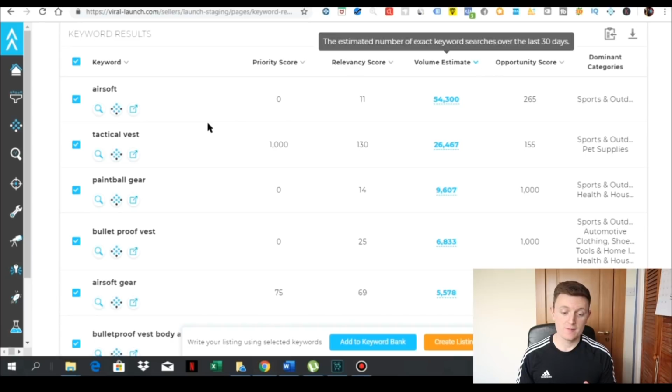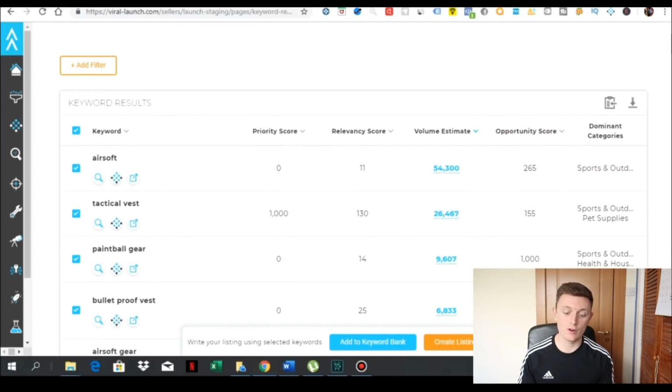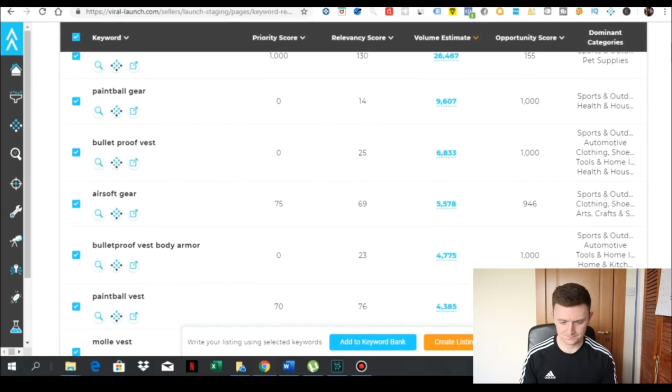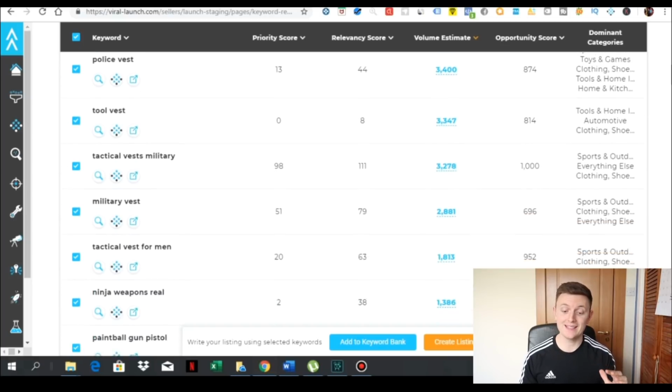So airsoft, that's not our product, so we can cancel that one. Tactical vest, that is even higher than airsoft vest, okay? So paintball gear, we would fall under that. So bulletproof vest, airsoft gear. Okay guys, so if you could differentiate this product, there are a lot of monthly searches for similar keywords,